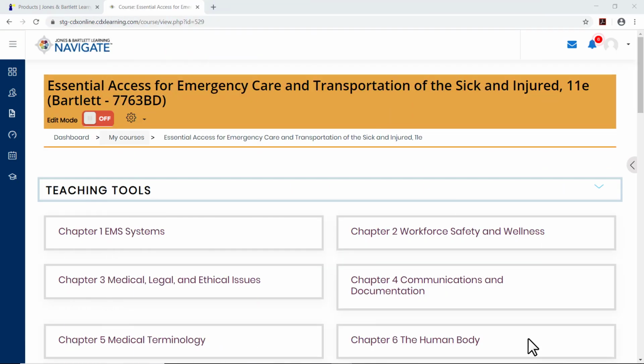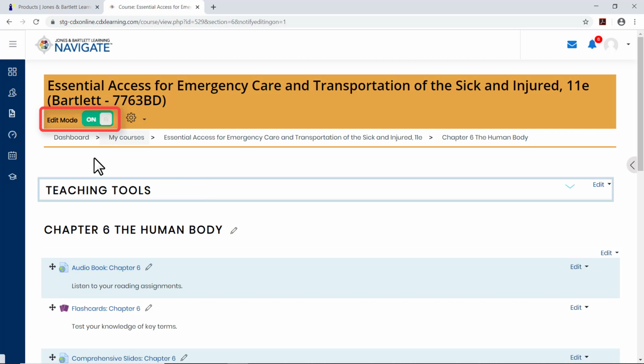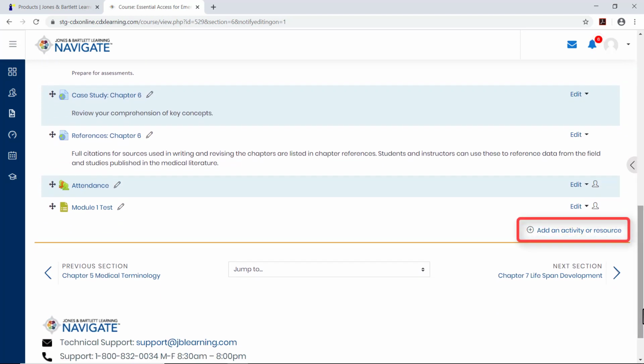Begin by navigating to the course section or topic in which you wish to create the new assignment. Then, use the Editing button at the top of the page to toggle on Edit mode. With course editing turned on, scroll as needed and click the Add an Activity or Resource option to the bottom